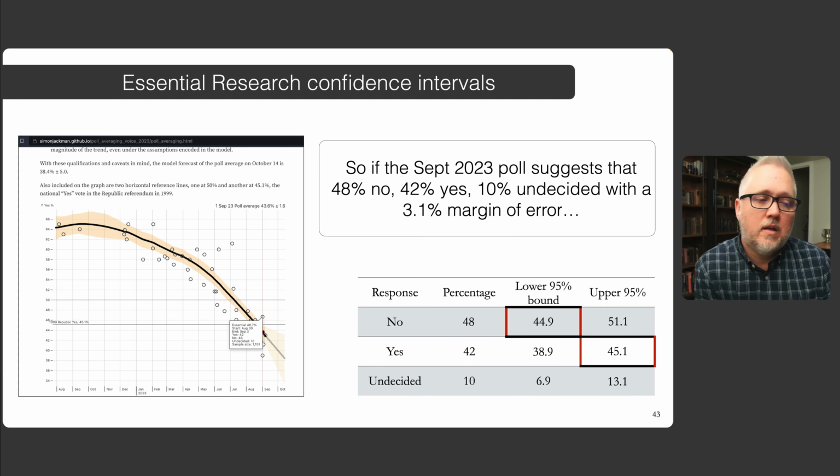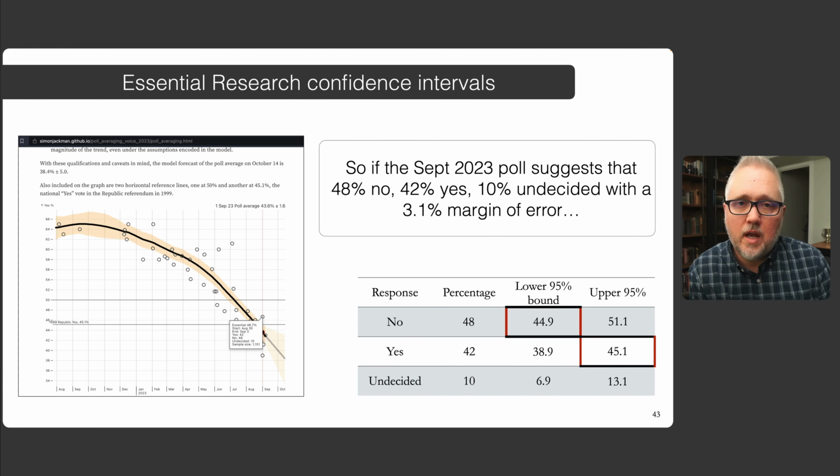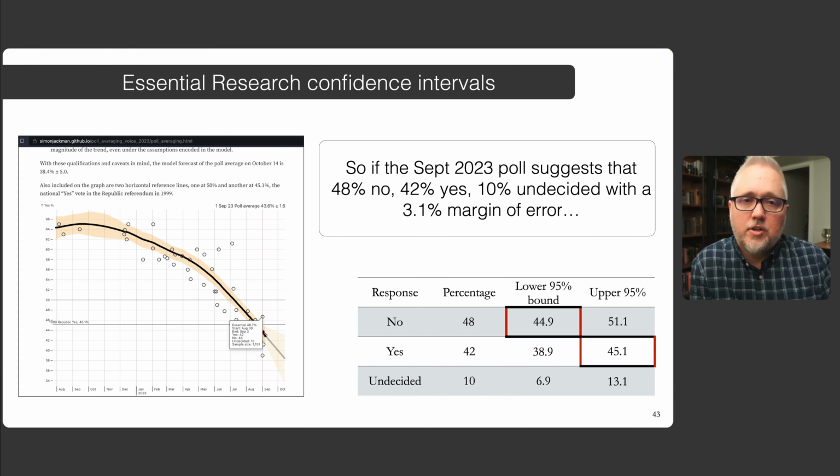And I chose this one particularly because those lower bounds with a 95% confidence slightly overlap between no and yes, which is in part attributable to why it's slightly above those confidence intervals Simon had using all the different polls together. But often this is just one metric by which you try to infer what we have knowledge of from our samples to the underlying population that it is meant to represent. Here you have a slight overlap, but with all the other different studies, it seems like there is a statistically significant difference between the results for the no and the yes in this example.